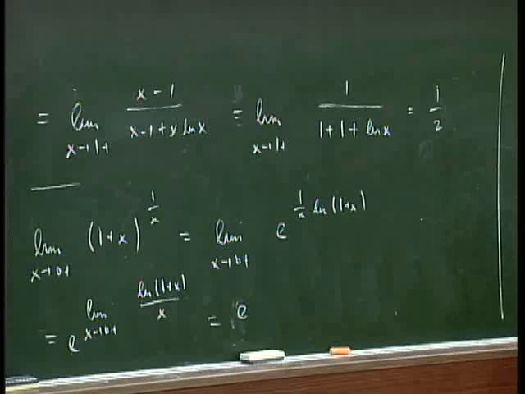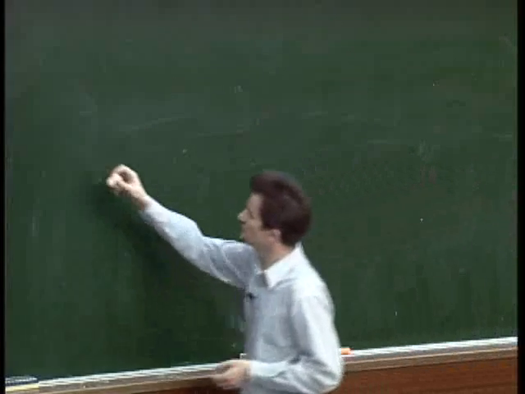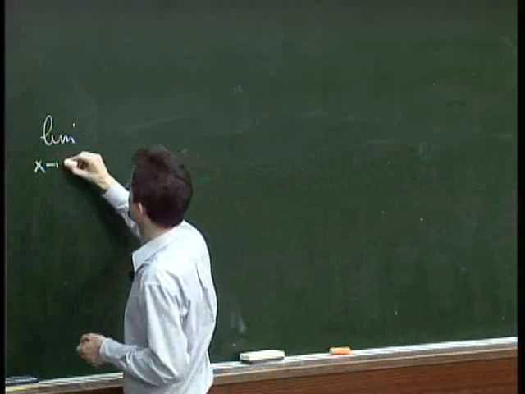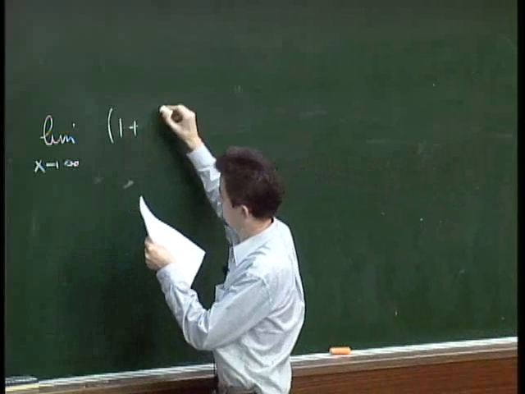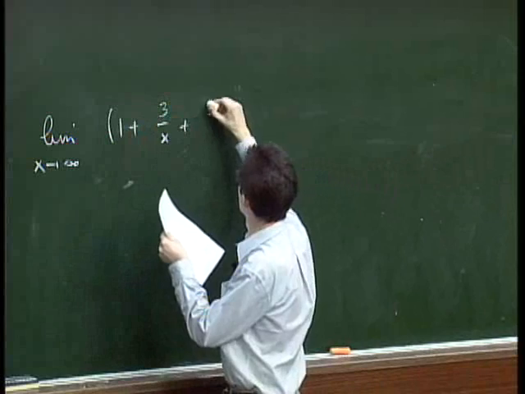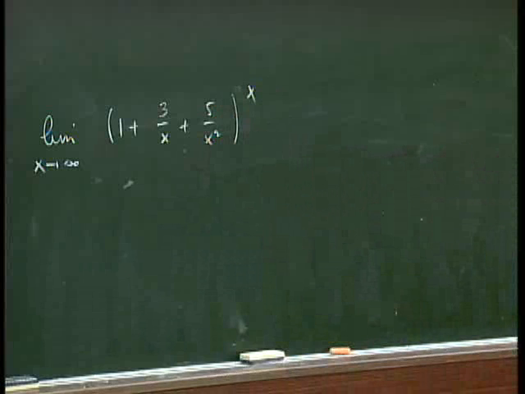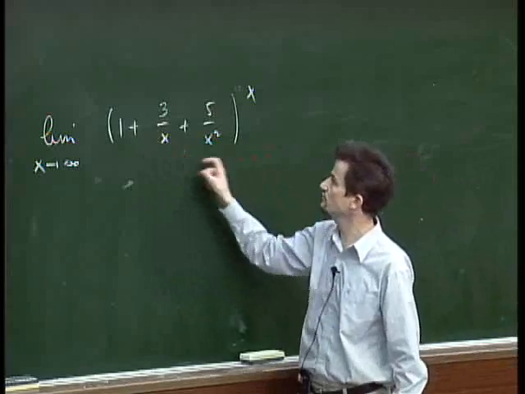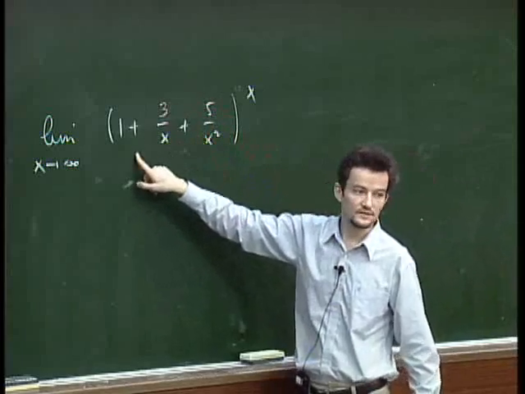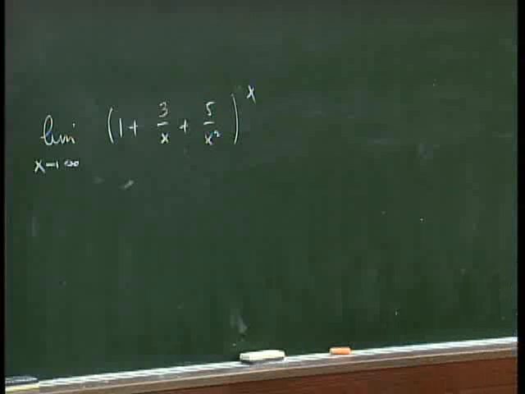Now, similar. Let's maybe do one final example. For instance, the limit as x tends to infinity of (1 + 3/x + 5/x^2)^x. If we just simply want to use the limit laws, as x tends to infinity the base tends to 1 and the exponent to infinity, so we have an indeterminate form of type 1 to the infinity. So we will rewrite this